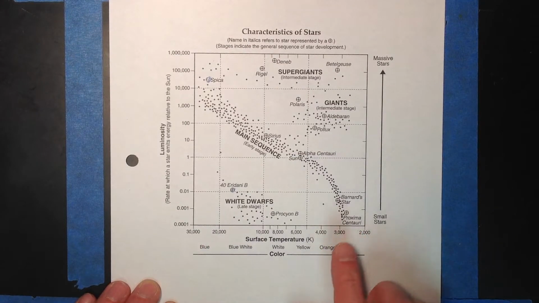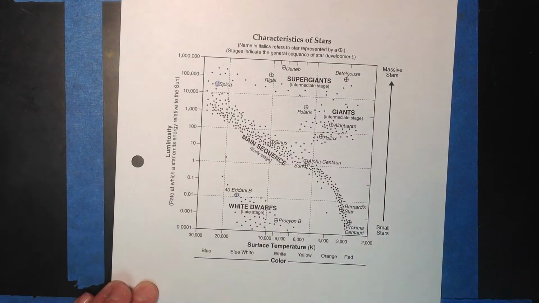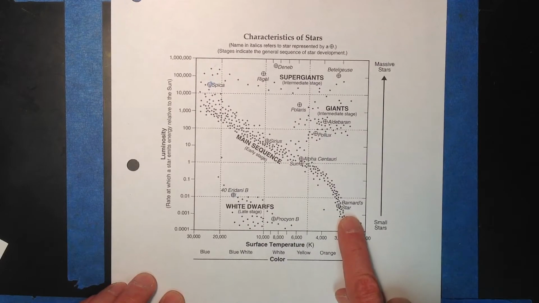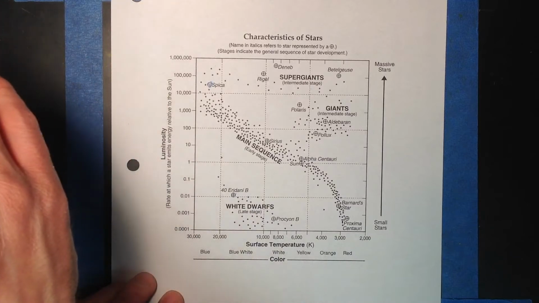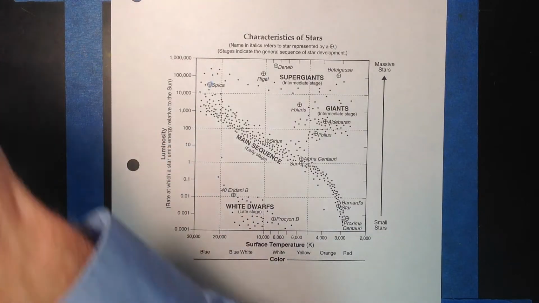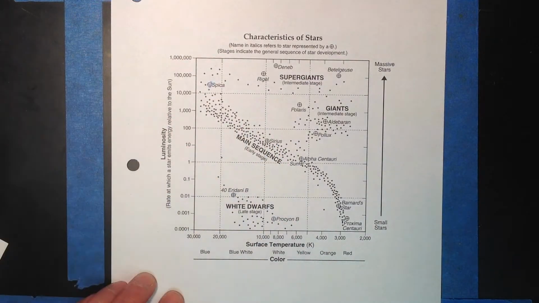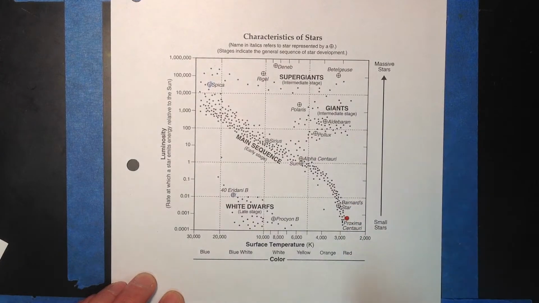Proxima Centauri is going to be the next one. Okay, that's this one right here. We've got to find that. Look around. That's right here. So that's a red star, and you're going to use a red colored pencil. If I can find one, I'm going to use this. I have a pen here. Red. It is important to use the right color. I shouldn't need to say that, but